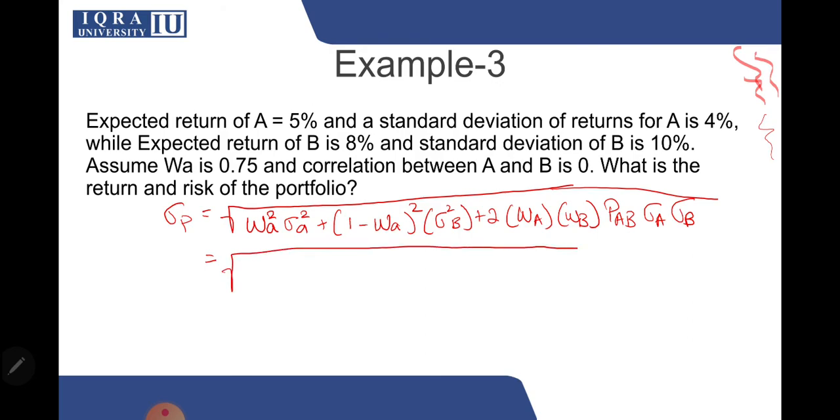So over here, the square of your WA, so WA was 0.75. If you take the square of 0.75, it will be 0.5625. And then the variance of A, so the standard deviation of A was 4%. If you take the variance, it will be 0.0016, plus we have 0.25 squared, so 0.25 squared will be 0.0625,